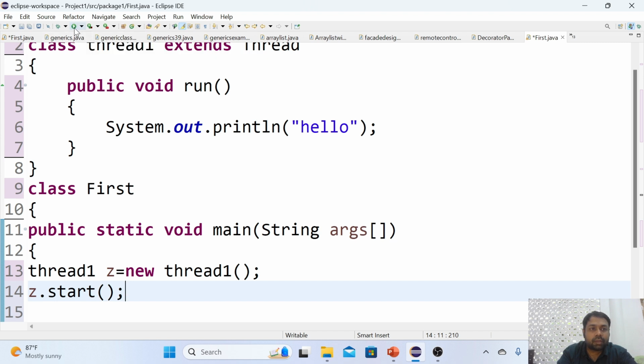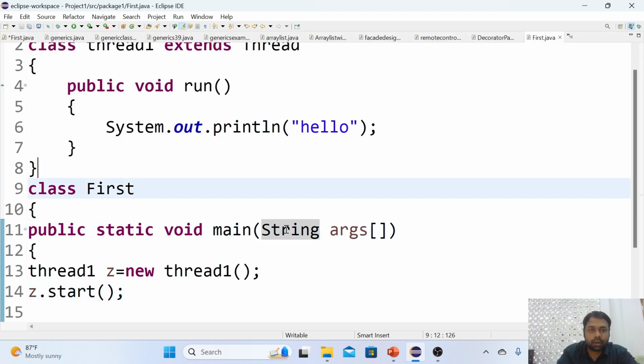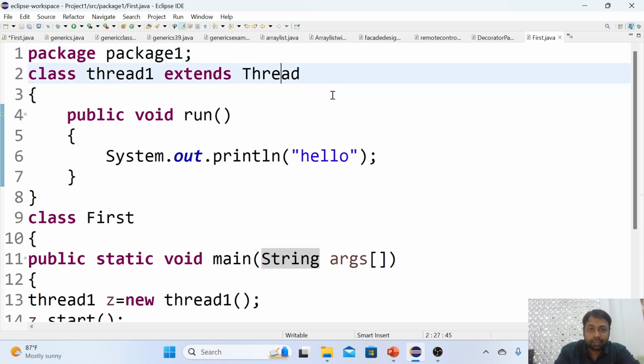Now let me execute this, and what is the output? I got it, hello. Okay, so it is not the only thing I am going to use, hello or print. I will be explaining more examples here. Now let me use